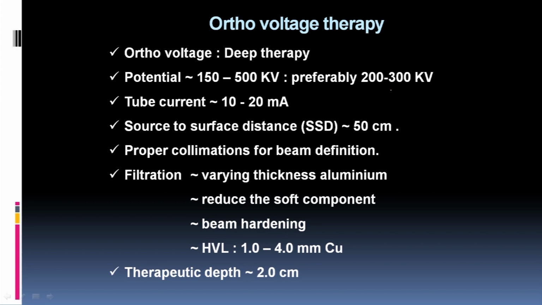higher potential, up to 500 kV. So these deep therapy orthovoltage units are preferably operated under the 200 to 300 kilovoltage potential, and the tube current is higher than the contact therapy and superficial therapy. Here the tube current is 10 to 20 milliampere, and the source to surface distance is 50 centimeter. Means we can place the patients